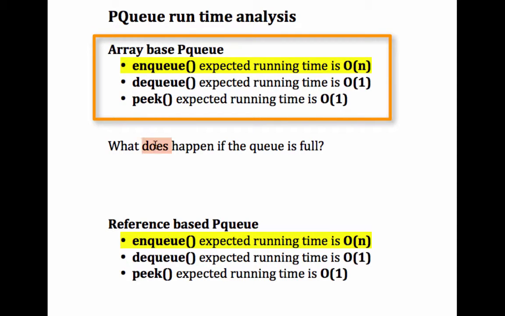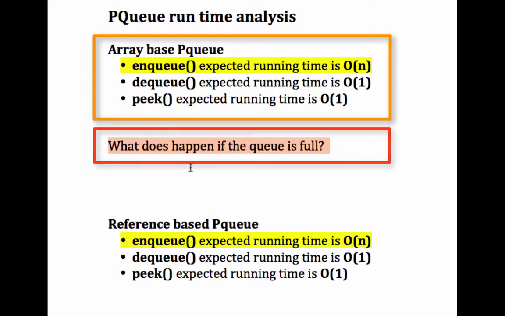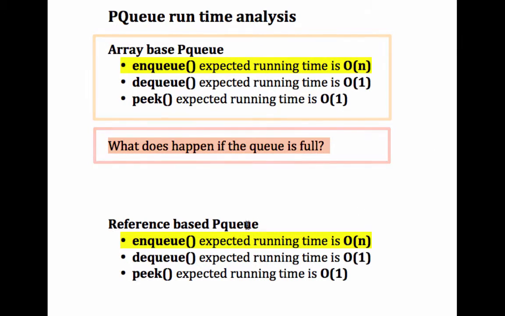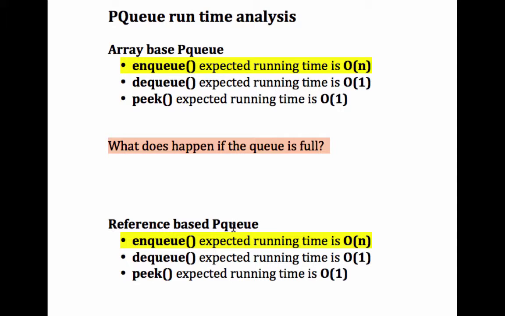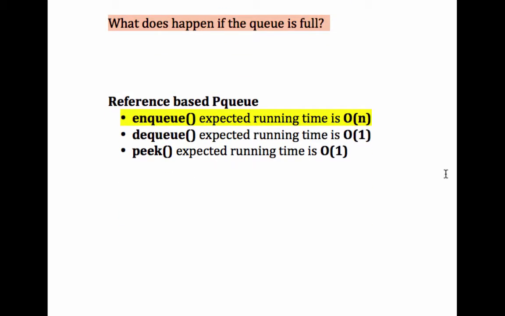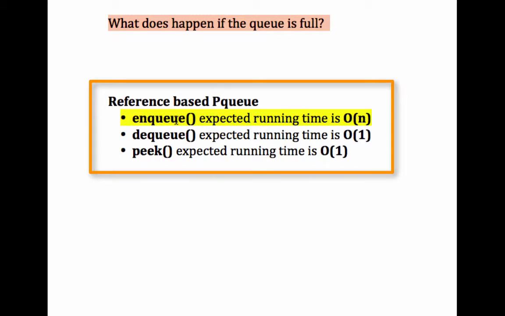Again, remember that we have a special case of when the queue is full and we have a decision to make whether or not we're going to double the size of the array or simply tell the user that the queue is full and no other elements can be enqueued. Now, if we use a reference-based implementation, the analysis for the enqueue continues to be the same, but for different reasons. So why is enqueue proportional to the size of the data? Well,